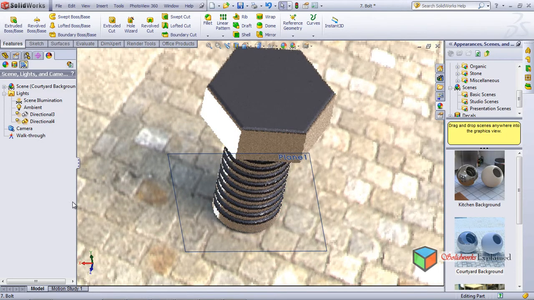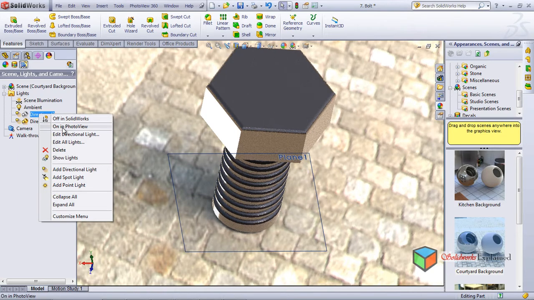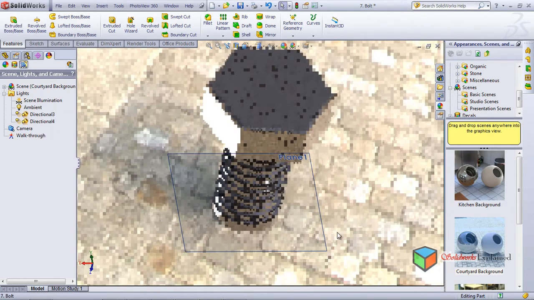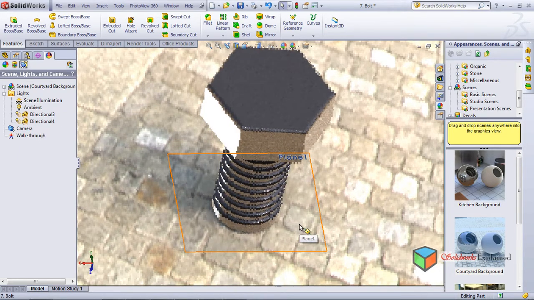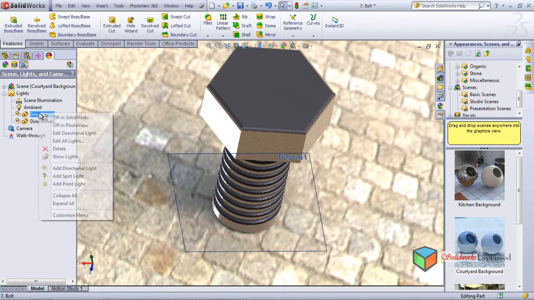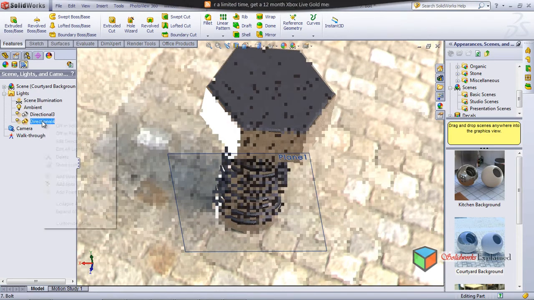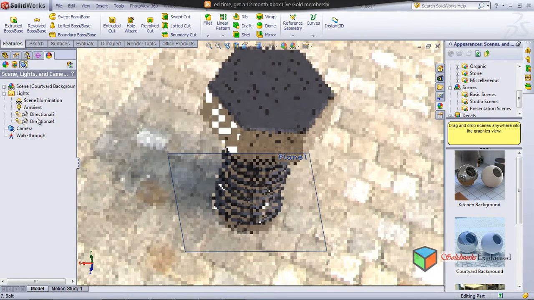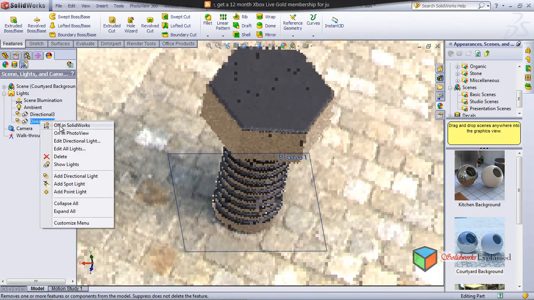Now direction 4 is on, so direction 4 is from here, the light is from here. Now direction 3 on in PhotoView, direction 3 must be from some other place, and this is rendering itself. And what if I turn it off in PhotoView,